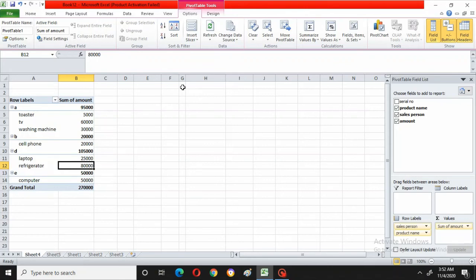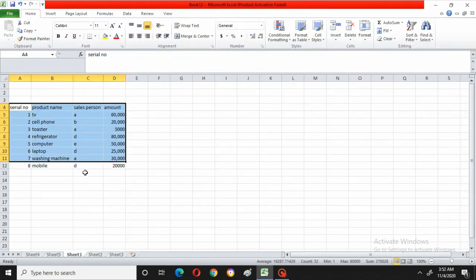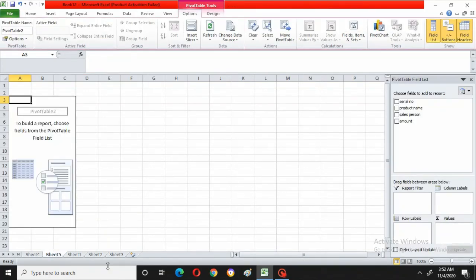When I did this in sheet 1 and selected this, it automatically took a new sheet. Can you see, sheet 5 is automatically created. Then you should go with this, with another pivot table. So this is about the pivot table.